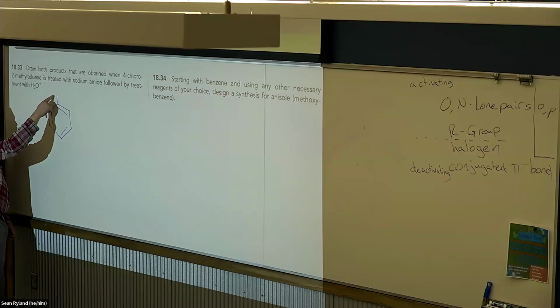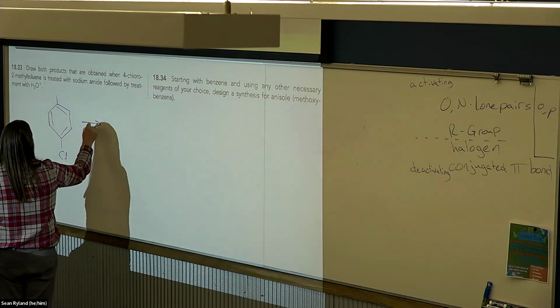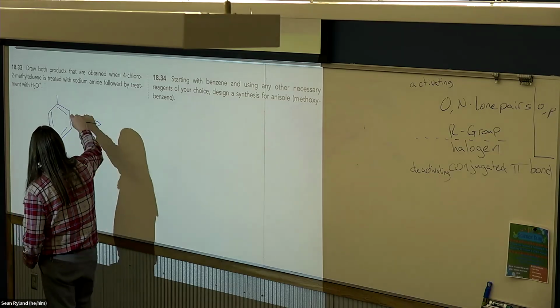So that's our methyl for toluene, 1, 2, 3, 4. So we could also call it para-chlorotoluene. And our arrow is going to look like